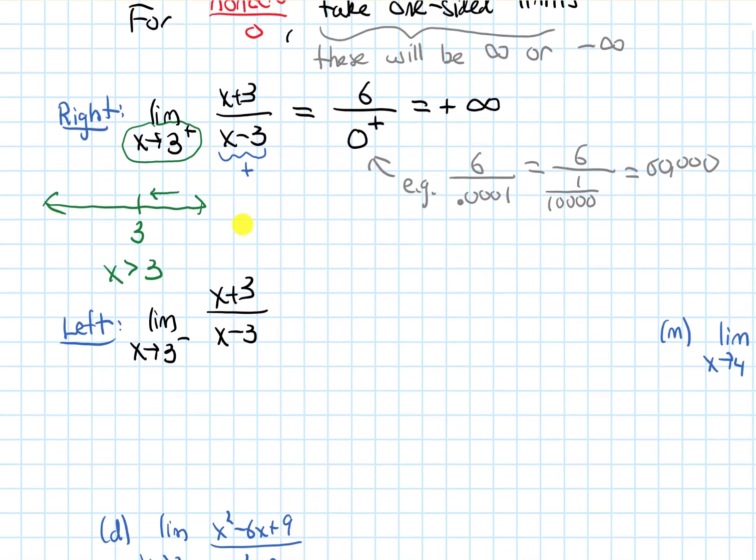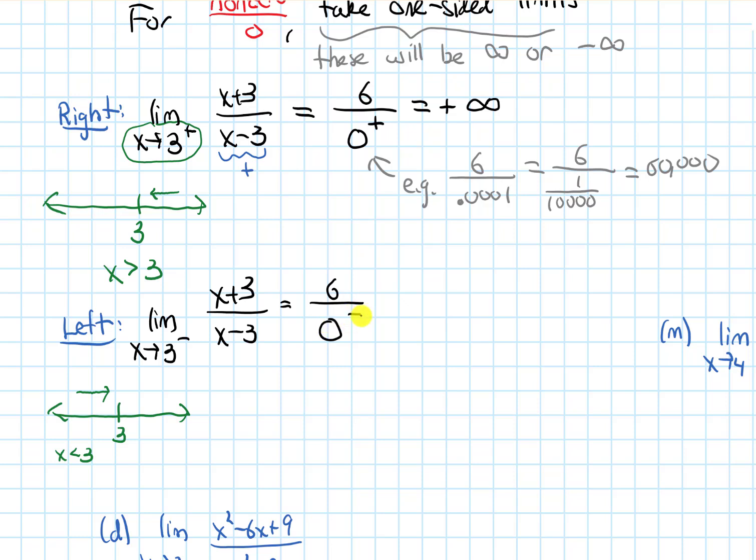If I do the same thing and depict this with a number line, I'll draw 3. This time we're approaching 3 from the left-hand side, which means that x is a little bit smaller than 3. So there's no issue with plugging in 3 to the top, which gives me 6. On the bottom, I'm plugging in something a little bit smaller than 3 for the x, like 2.999 something,